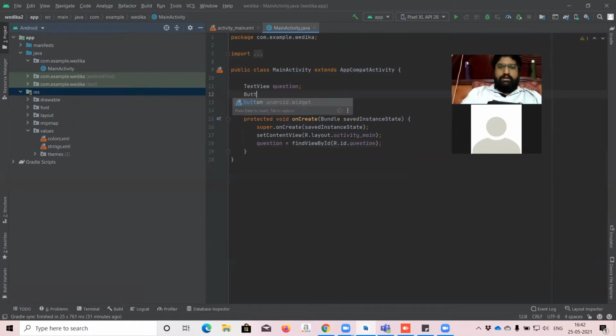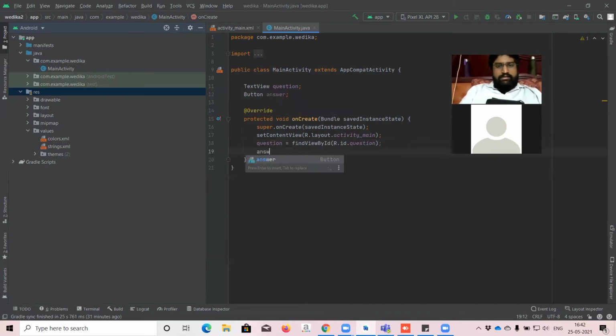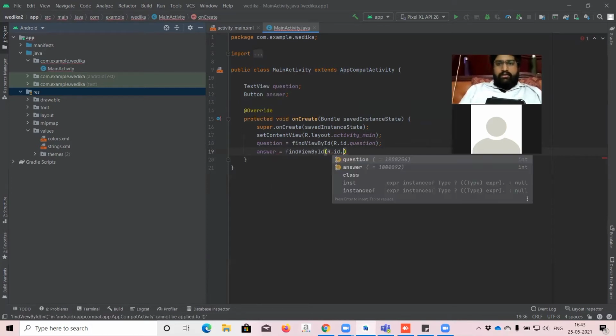Again, I'm going to enter button. Button is nothing but an answer. I'm mentioning an answer. I just want to find what kind of answer we want. Find view by ID r dot id dot answer.